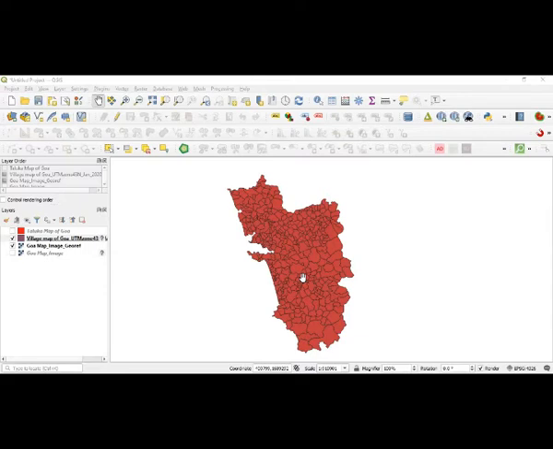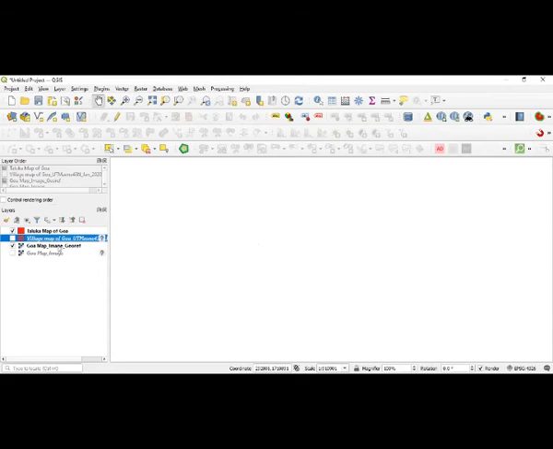And that projection, as I told you, go to the project, then properties, and select the type of projection that you are interested in having all the layers overlaid. For overlay analysis, there is a compulsion that the projection of all the layers should be one and the same. So that is one important thing to be taken here.